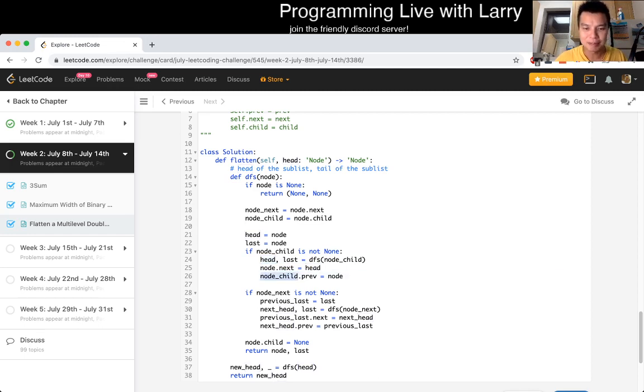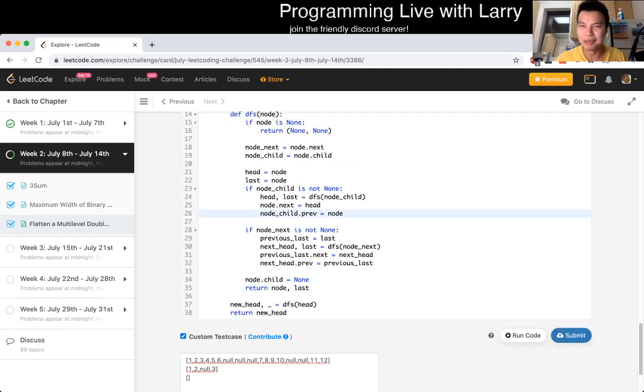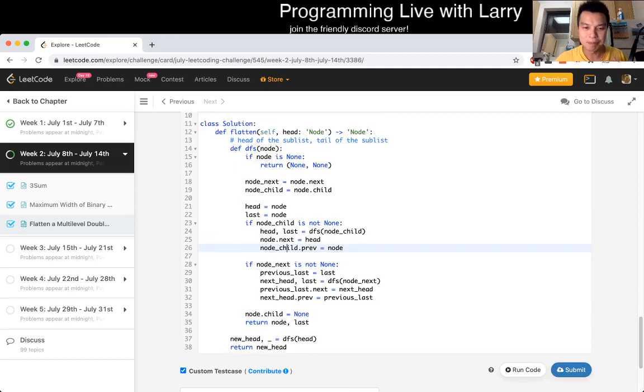And then we set it back, where the child points back to the node. Got a little bit worried there, but yeah. And then after we process the left side of the subtree, we process the right side of the subtree, which is that again we depth first search the node that points to the right side of the subtree. Using our terminology, we get the next head, which should be just node next, and then we set the previous last, which is